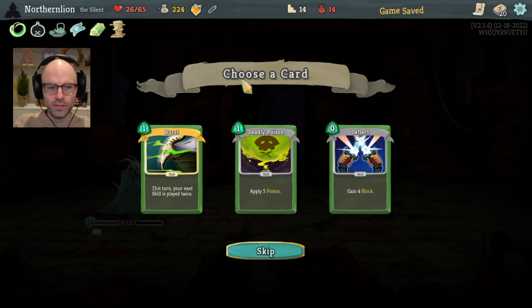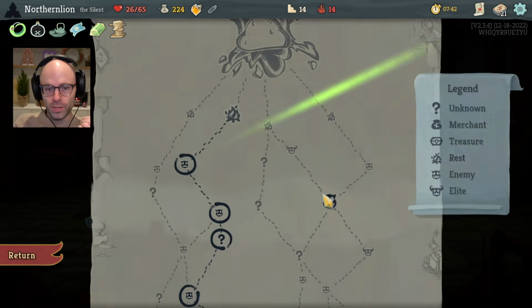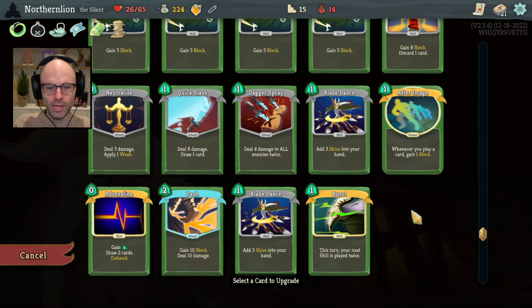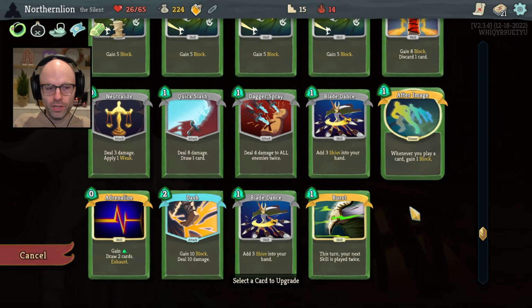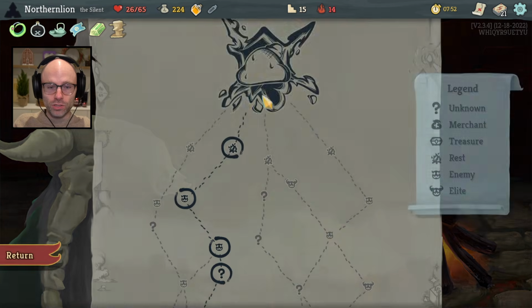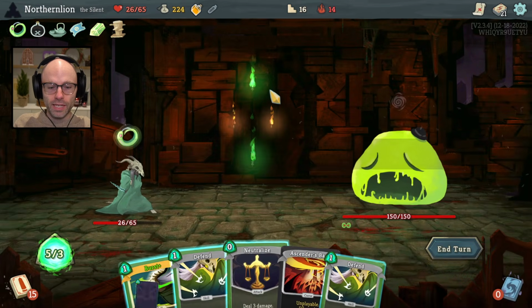I do think burst is always going to be good. I think it lacks a little bit on the top end. Is there anything we can do about that? Like, is there any way we can realistically kill the boss faster? Like, double the shivs is something if we get burst blade dance, but...